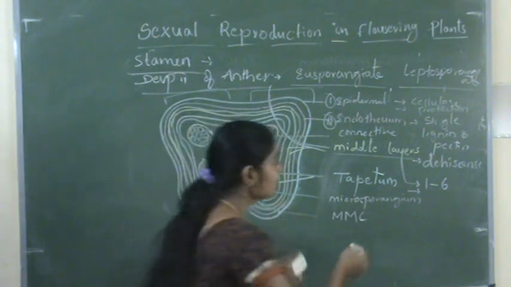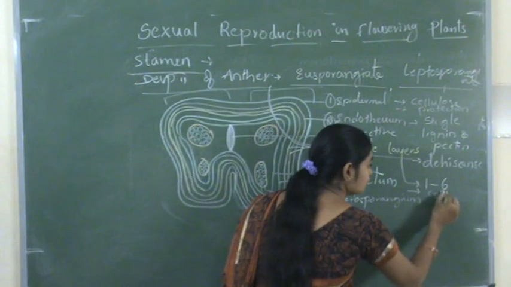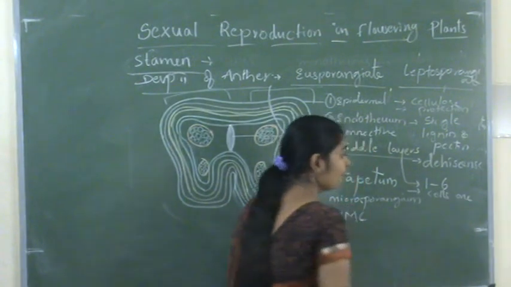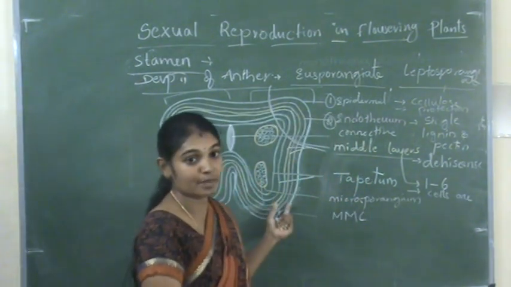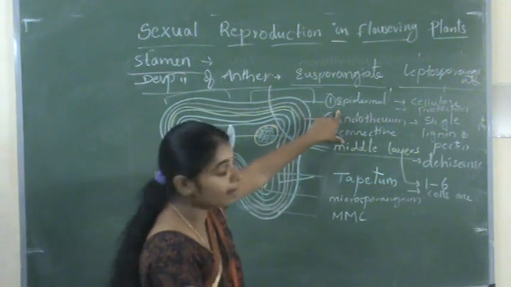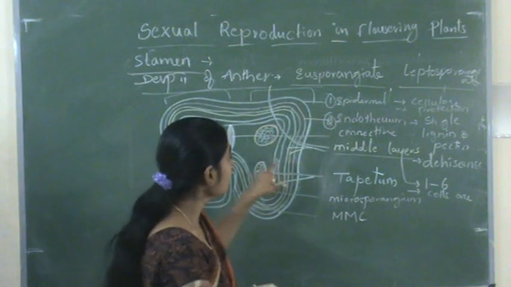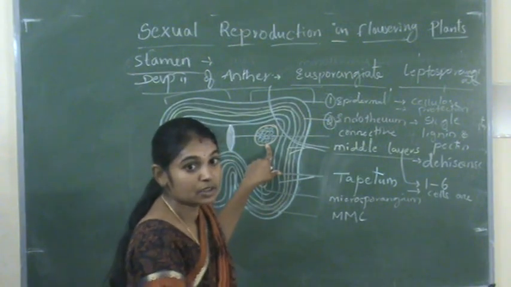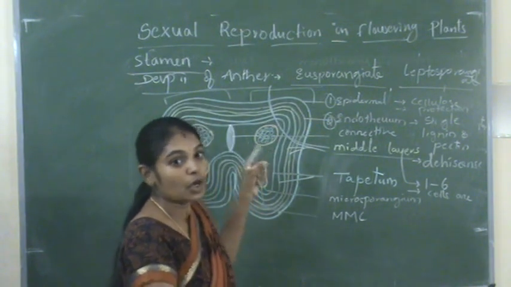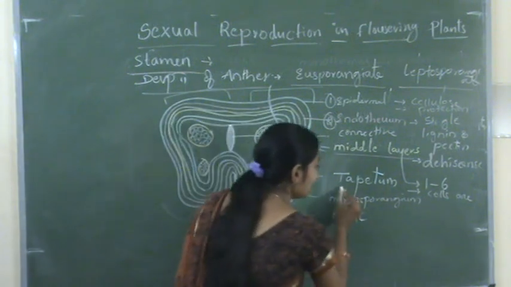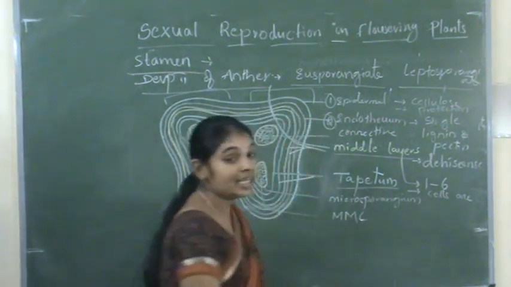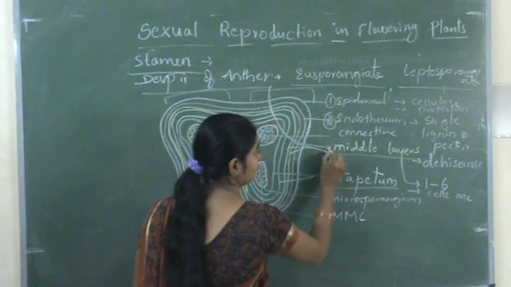The cells protect the microsporangium. These are again like the epidermis. They also help in the protection of the microsporangia inside the lobes. And the next layer is the innermost layer,